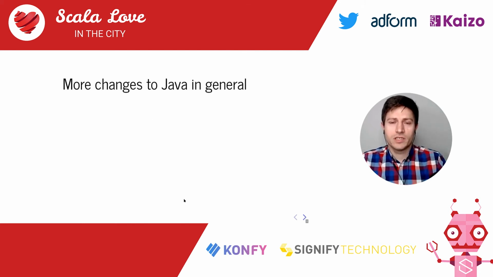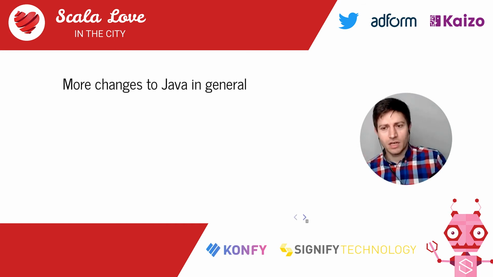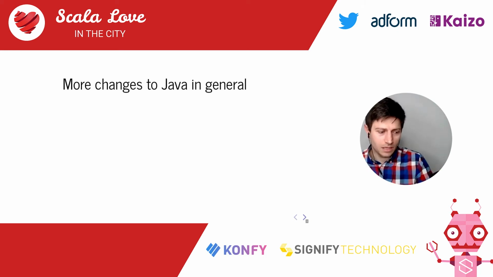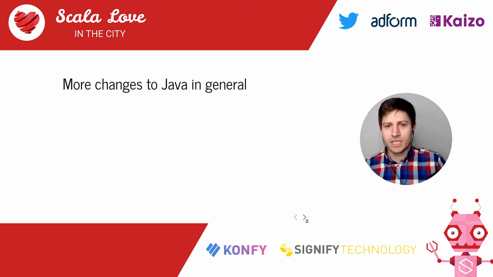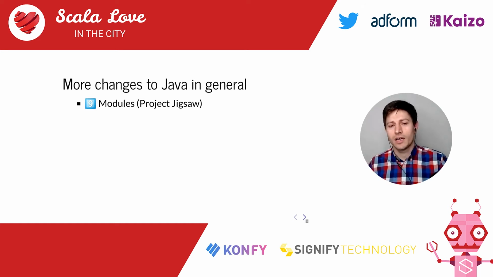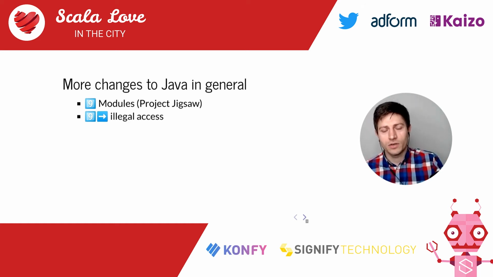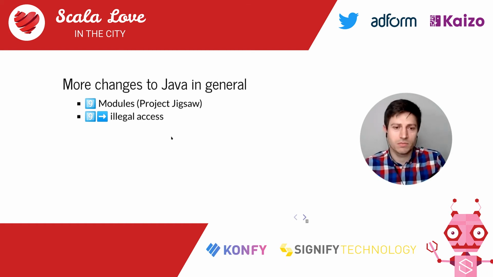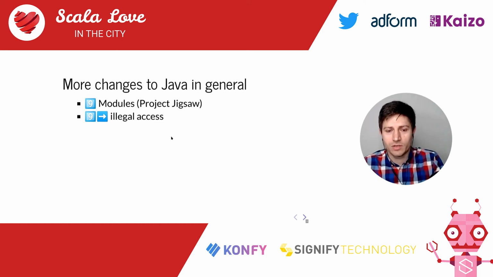So there are more changes to Java in general, and sometimes they are difficult to classify whether they are changes to the language itself or changes to the underlying runtime. Sometimes there are changes just to the ecosystem or JDK. So as you may know, and you probably know, we have modules since Java 9 coming from Project Jigsaw. This caused this pesky warning we see many times, like illegal access occurred, because someone was trying to do, basically, reflection or trying to get, as the name says, illegal access to some internals of classes they shouldn't be, or objects they shouldn't be using.